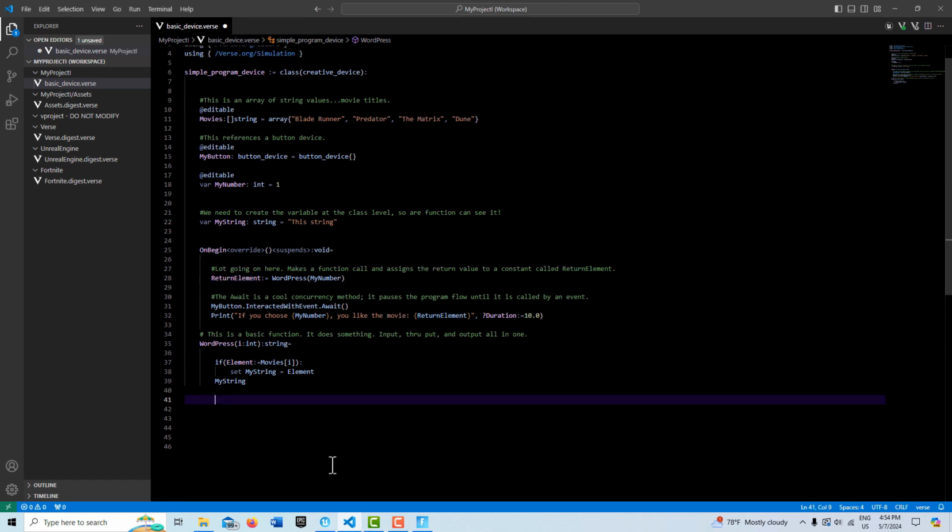coming in. When I say that Verse is difficult to learn, this is one of the reasons why. Verse, I don't know how you want to say it, it has a lot of fail-safes in it. It has certain things that can only be done in what's called a failure context, which means that failure is okay in Verse. Something can crash in a sense, but it won't stop the program from running if it occurs within a failure context. So there's certain things that can fail, and that means that we have to give them